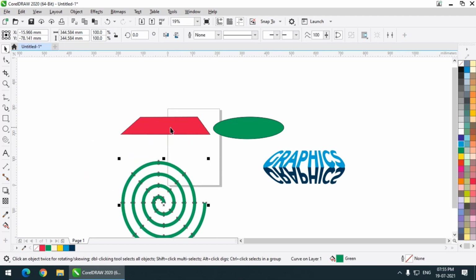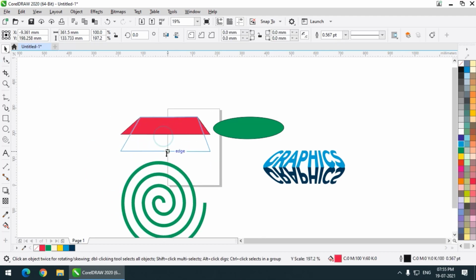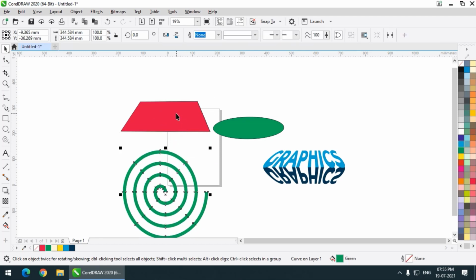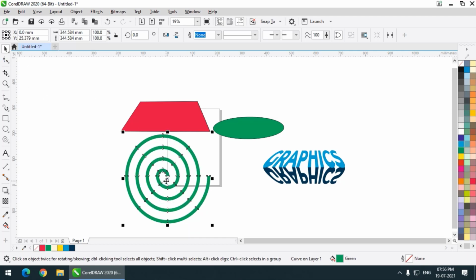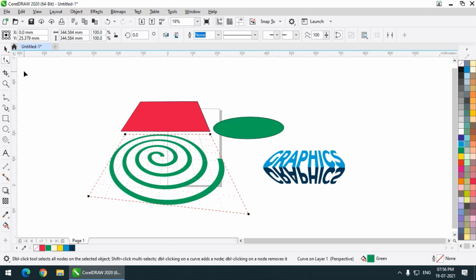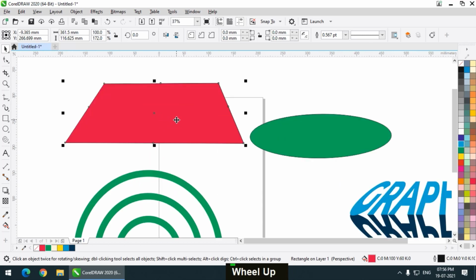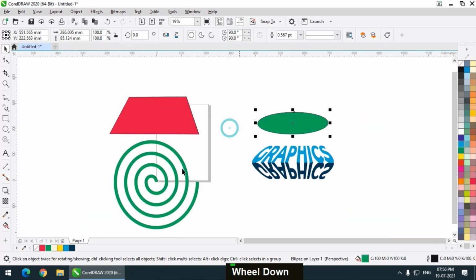And let's say if I want to put it in a different perspective, let's say this one, this perspective I want. And remember, this is not necessary to create a shape. This is basically our guide, so that we will understand better how our shape is going to look after we apply perspective to it. And we can simply apply perspective to any object directly, like this. We can apply it directly, not an issue. But this basically gives us a better idea of this shape. I hope you are following me, what I'm trying to say.